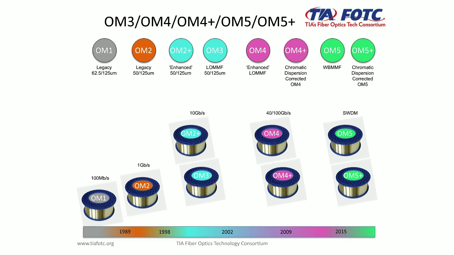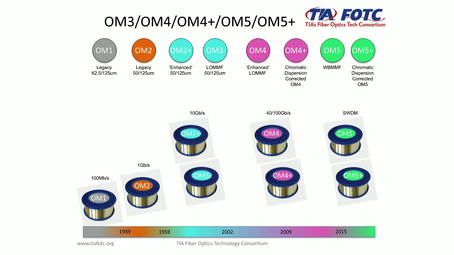It's not described in any standard. It's basically a 900 megahertz kilometer fiber that was a lower cost version of full OM3 fiber. And full OM3 fiber is a 2000 megahertz kilometer fiber, basically launched prior to the ratification of the 10 gig Ethernet standard in 2002. So we have an OM3 fiber looking forward to 25